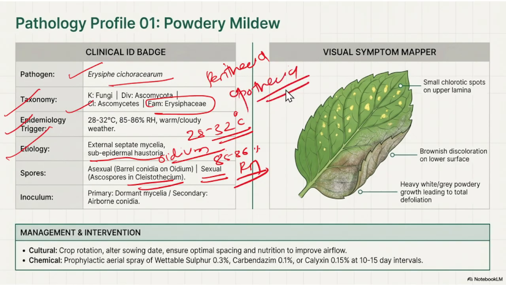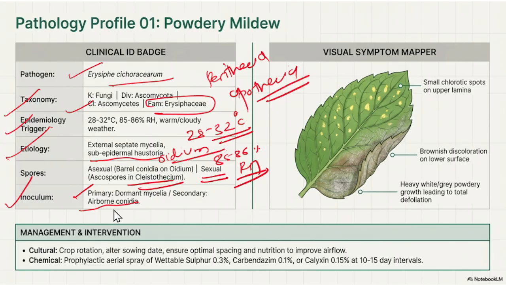Apothecia. These are the three fruiting bodies present in fungi. So here only the Cleistothecia body, that is the completely closed body, is present. Then the inoculum, that is the primary dormant mycelium, and secondary from the airborne conidia. If the dormant mycelium is present in the soil, then it causes the primary infection to the first plant, and